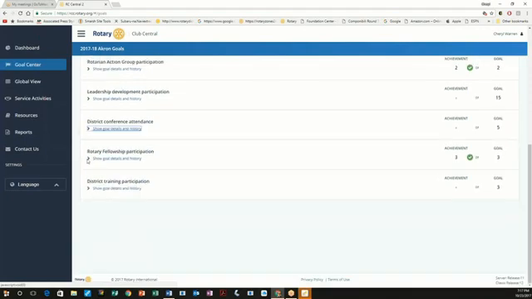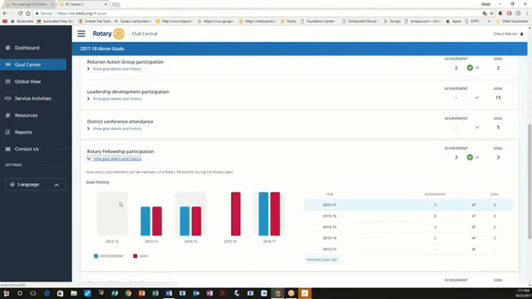Rotary Fellowship participation. There's all kinds of fellowships for Rotary. And I'll tell you my favorites. It's the Wine Fellowship, the Beer Fellowship, the RV Fellowship. There's reading fellowships. There's just a birding fellowship. There's a ton of fellowships out there. So again, if you're not familiar with them, go to those on Rotary International and familiarize yourself with them, and maybe even have somebody come out and present about Rotary Fellowships because they're a lot of fun to be a part of.